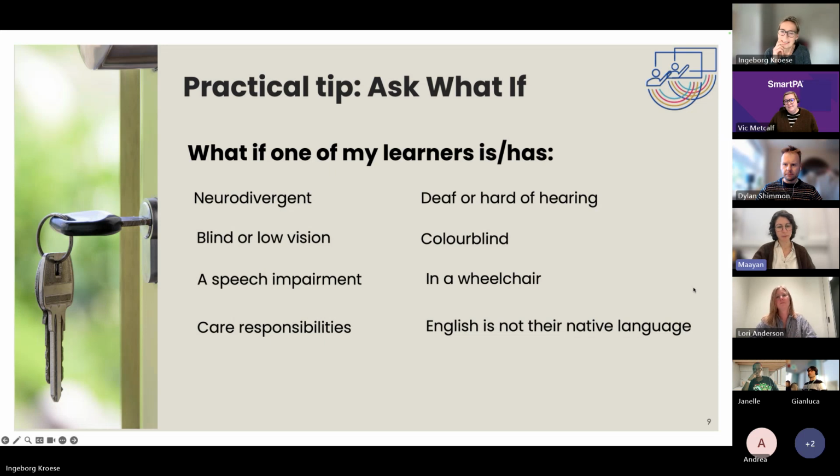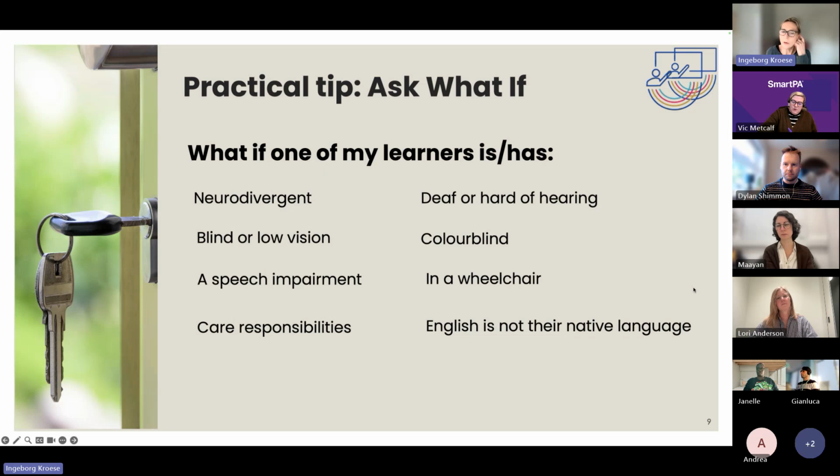My question is, if I understand you correctly, you always propose that we design thinking about these possibilities, but not that we actually reach out and encourage people to self-disclose, if I'm following you. Correct. Okay. Correct. I have another practical tip in the next slide, but this is more around thinking ahead,